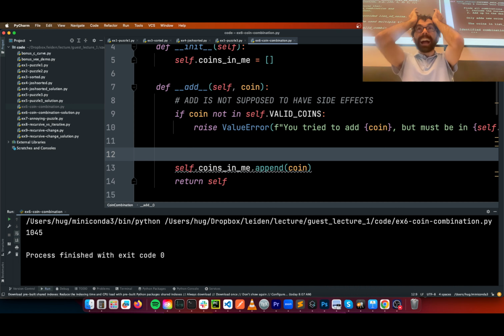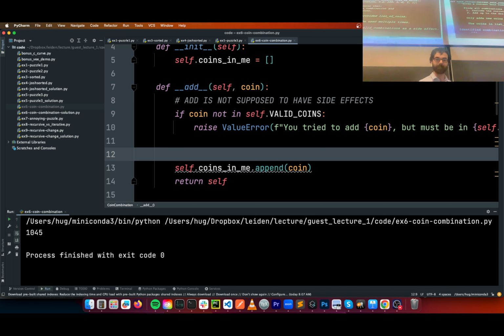25, 27, 29 cents. There we go. I did it. Okay. So what this function does, okay, it's going to find all combinations of coins that include the current coin combination. So it has to have these 5 coins, and it may have more. And the combinations that it finds need to add up to the desired amount. That's the second parameter.